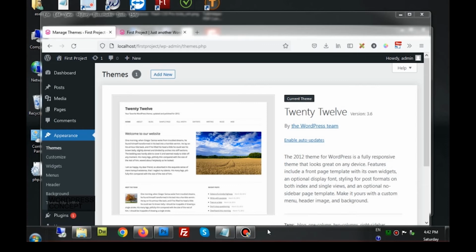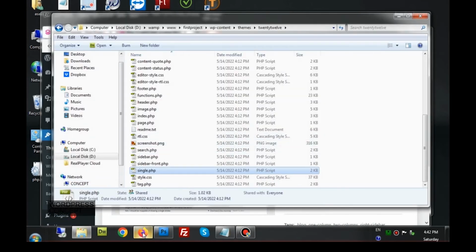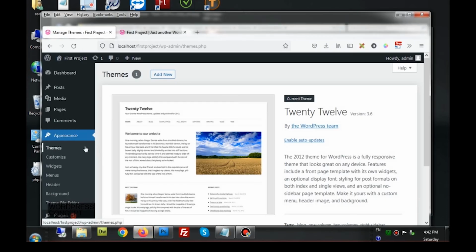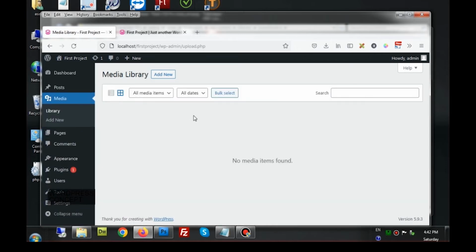The first thing is, as we have created a logo for the site, we first have to upload that logo onto the site. To upload, we use this media library. This media library is the portion where we can upload the images that will be used on the site. So we'll upload those images from here. If I click on library, it will show the images that we have already uploaded. For now there is no image, so it's showing nothing.